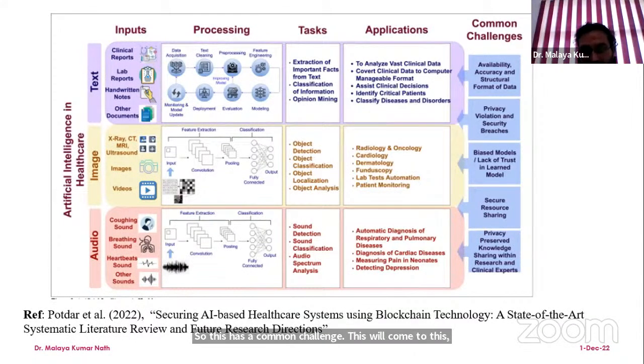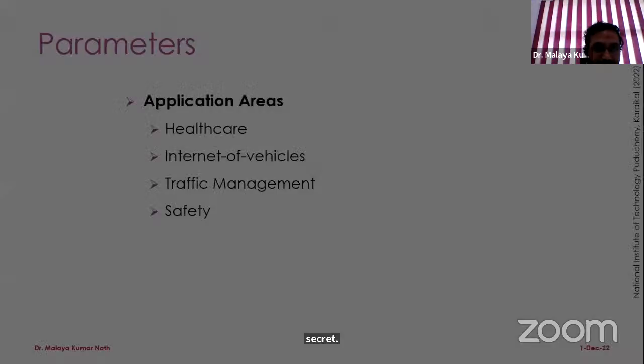Already we have discussed many times that accuracy as well as structural format of the data is a challenge, because if you look into the text data, different doctors are writing in different styles, maybe different text, different handwritings. Lab reports are not uniform. They have different formats, clinical reports or other documents, etc. So there are huge challenges in case of medical data. So deep learning plays a very vital role for analyzing this information from this data, as well as it requires security. So we'll talk about these things again after discussing these parameters.